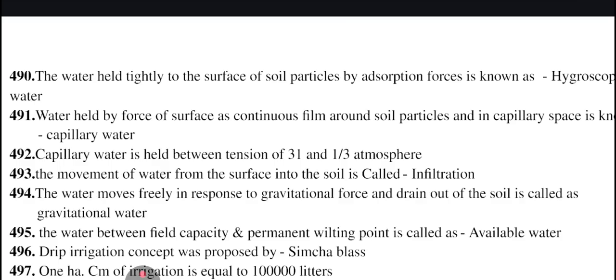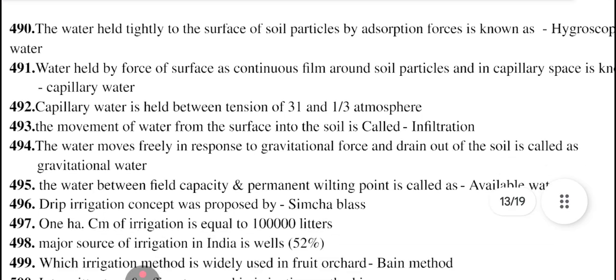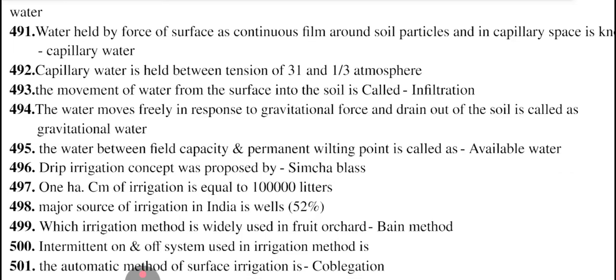Movement of water from the surface into the soil is called infiltration. Water moves freely in response to gravitational force and drain out of the soil is gravitational water. Water between field capacity and permanent wilting point is available water. Drip irrigation concept was proposed by Simcha Blass. 1 hectare cubic meter of irrigation is equal to